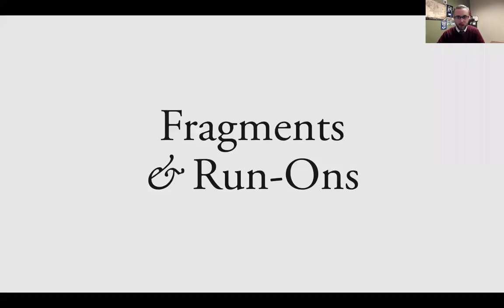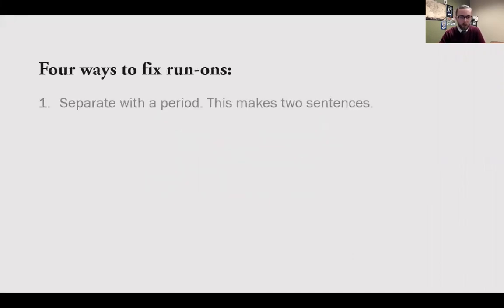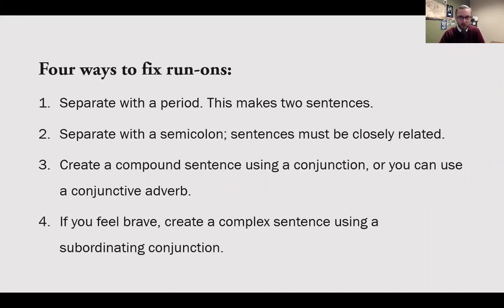Here we go. Just as a review, there are 4 ways to fix run-ons. Number 1, separate them with a period. Number 2, separate them with a semicolon. Number 3, create a compound sentence using a conjunction, or you can use a conjunctive adverb. Number 4, if you feel brave, create a complex sentence using a subordinating conjunction. We probably won't do much with number 4 because it's complex, but we will do a little bit of each